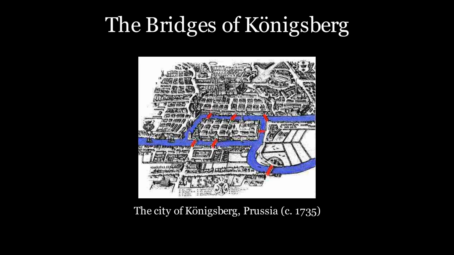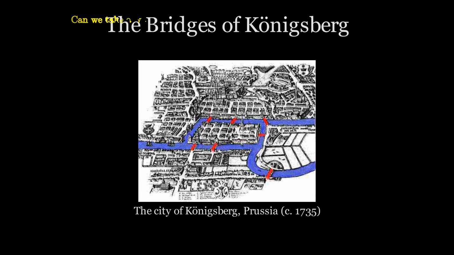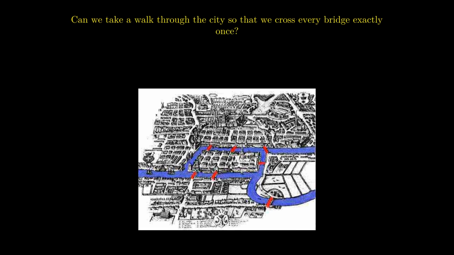And the question that became popular around the city was, is it possible to take a walk through the city so that we cross every bridge exactly once? It doesn't matter where you start or end. It only matters that you cross every bridge, and that once you cross a bridge, you don't step foot on it again. Now, naturally, I want a graph to represent this situation,